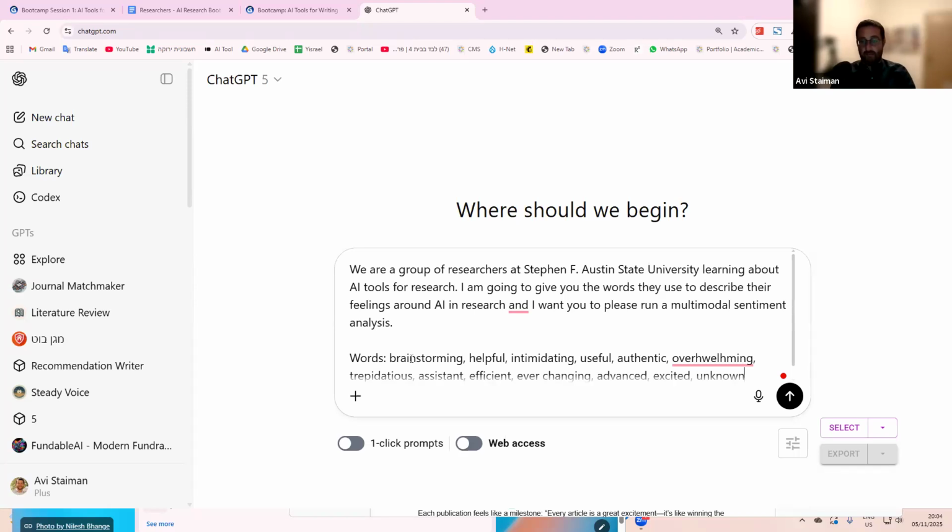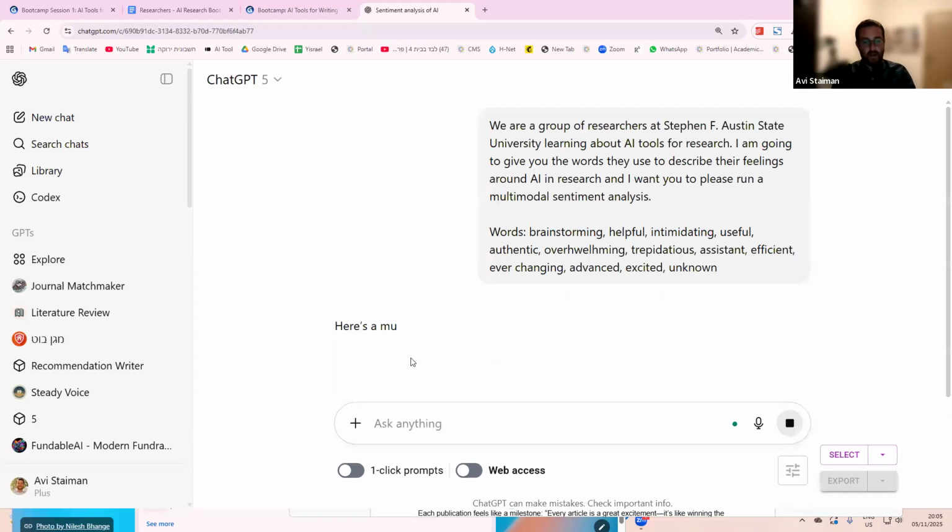And I wanted to run a multimodal sentiment analysis. So you probably know what sentiment analysis is, right? Especially those social scientists in the room. But multimodal is just a fancy way of saying I want you to give me multiple media outputs. So I want you to give me text and video or text and audio. All right, I'm going to let it choose what kind of outputs it's going to give for me. And let's take a look at what it comes up with.